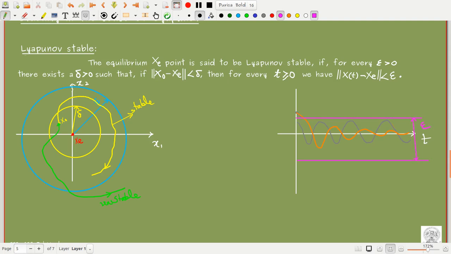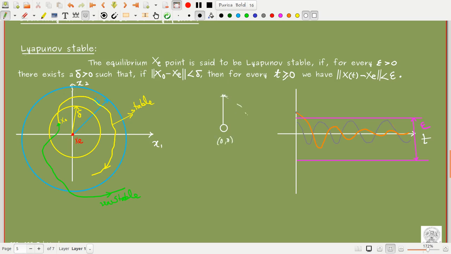This is the epsilon distance that I'm going to give here. And then you should give me a delta ball, where I give an initial condition for the system. Where the initial condition starts, for example, I have a pendulum here. This is a pendulum. So I'm asking you to show that the pendulum is stable about the 0 0 point.